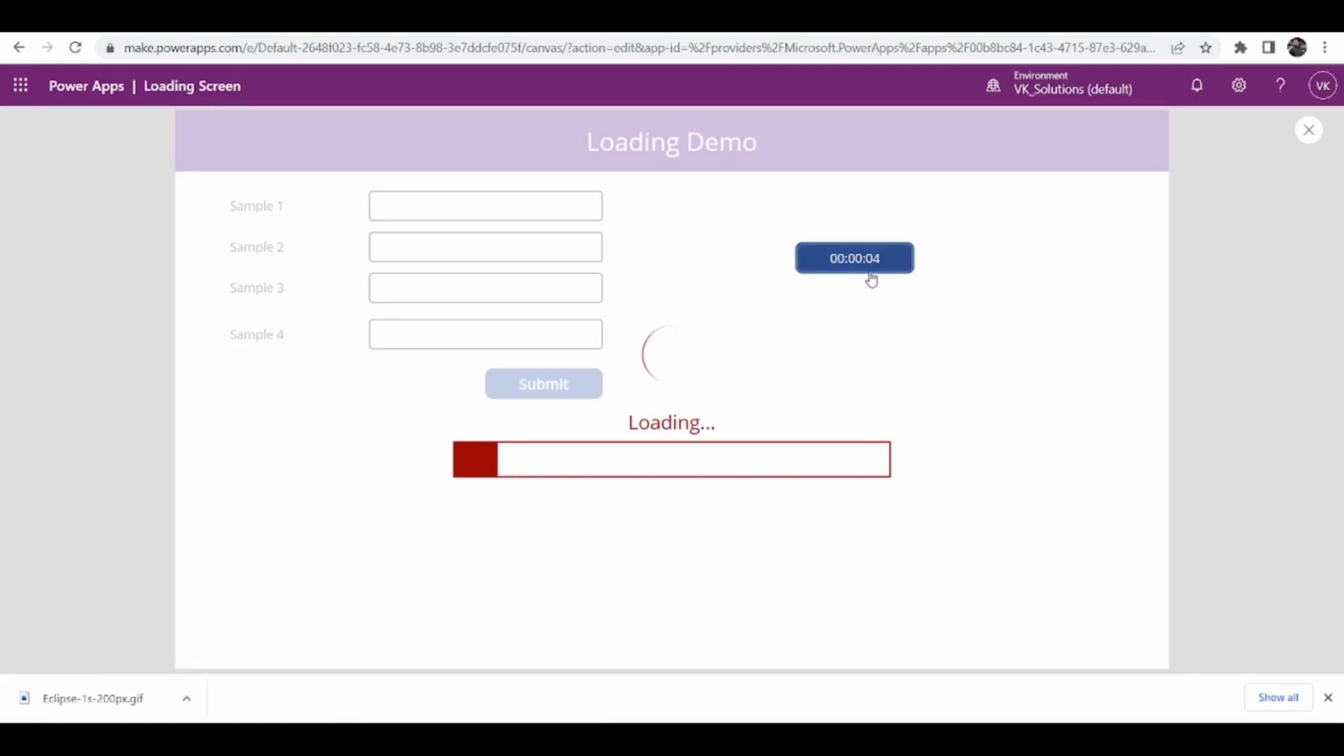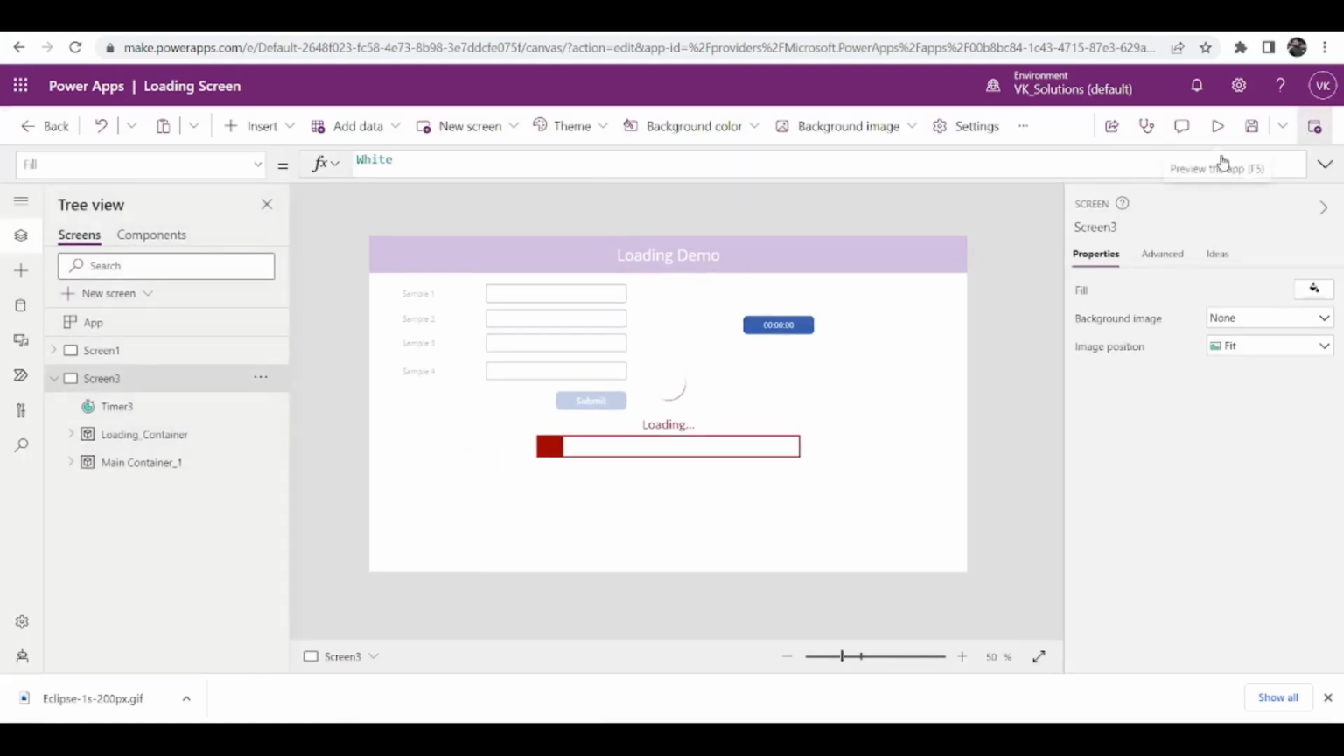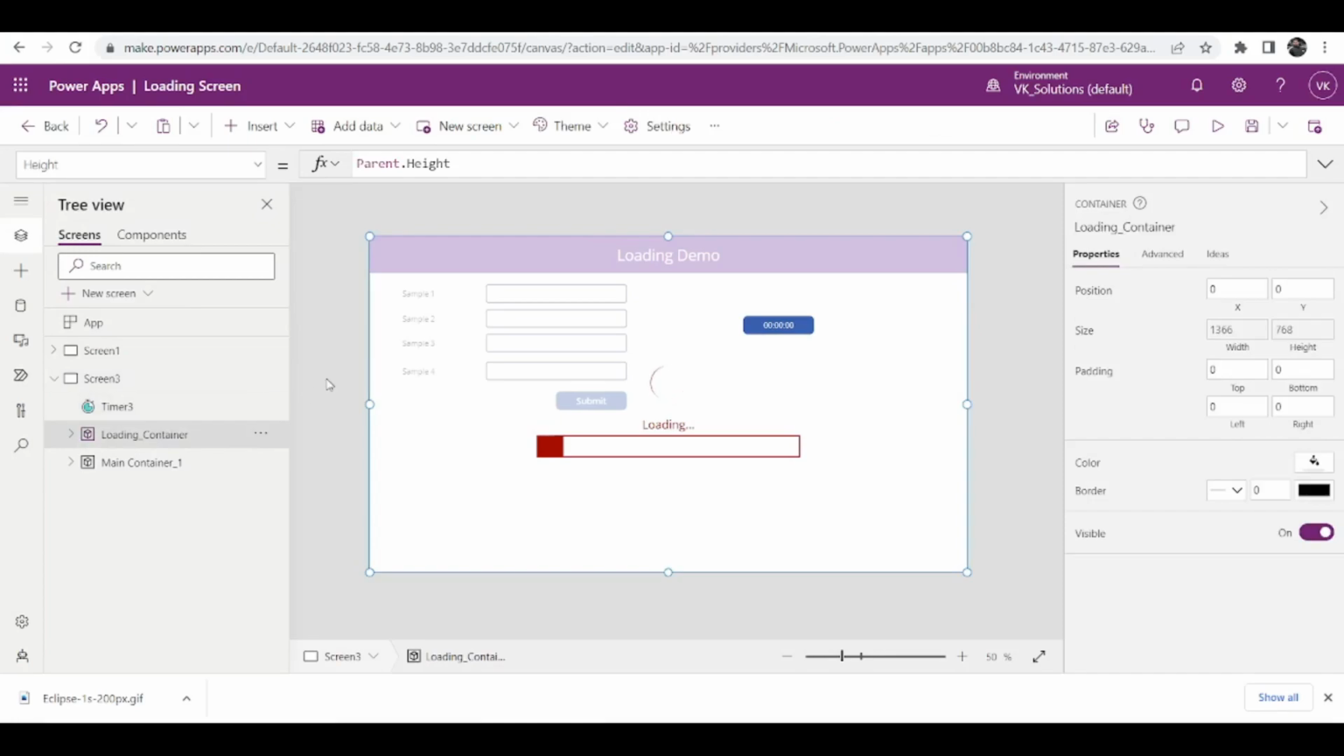So as you can see, the timer is started 1 2 3 4 5 6 7 8 9, and it will just run till 10. Okay, so this is done. What we will do is